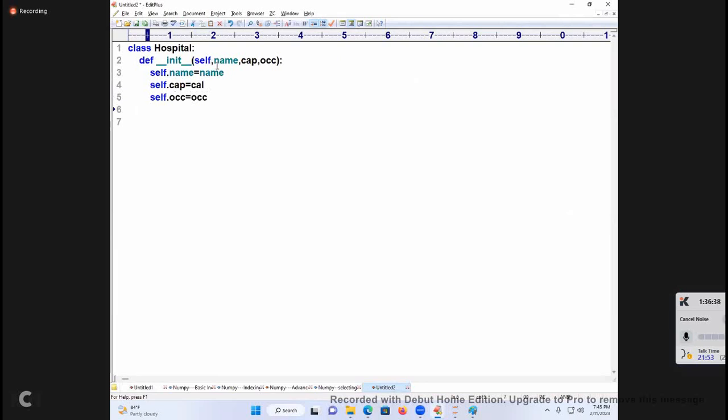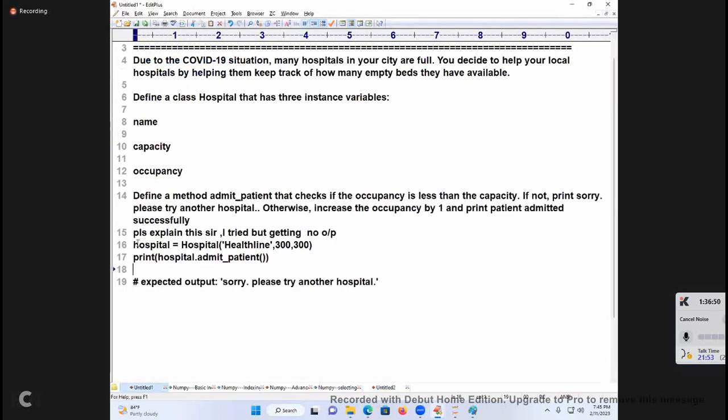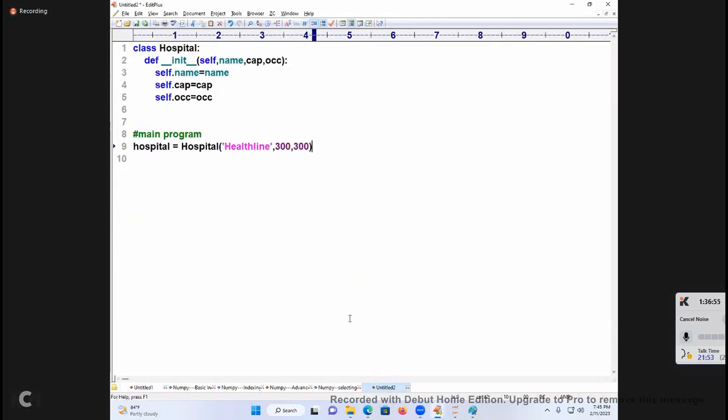Now I am going to take the main program for testing purpose. I'll create an object, hospital is equal to this same point. So done. What is my object? Print of, for your understanding, hospital dot underscore dict underscore of.